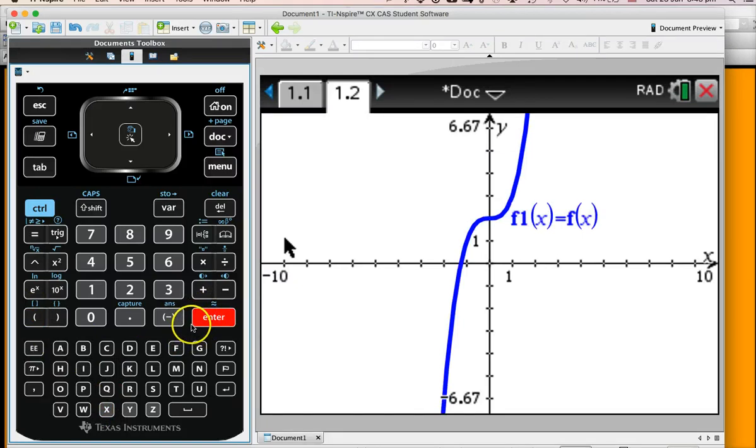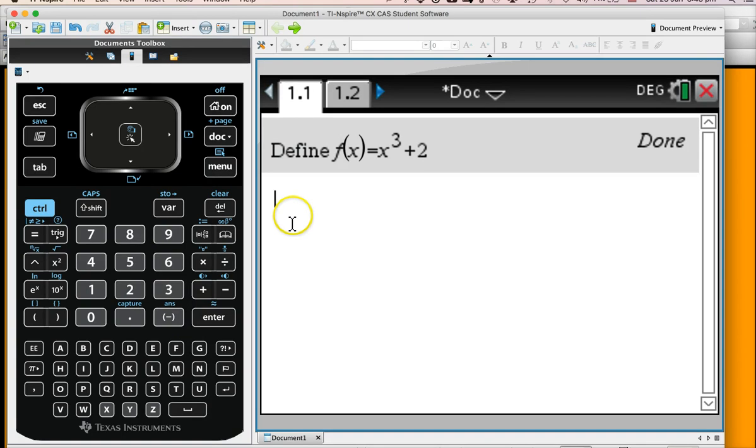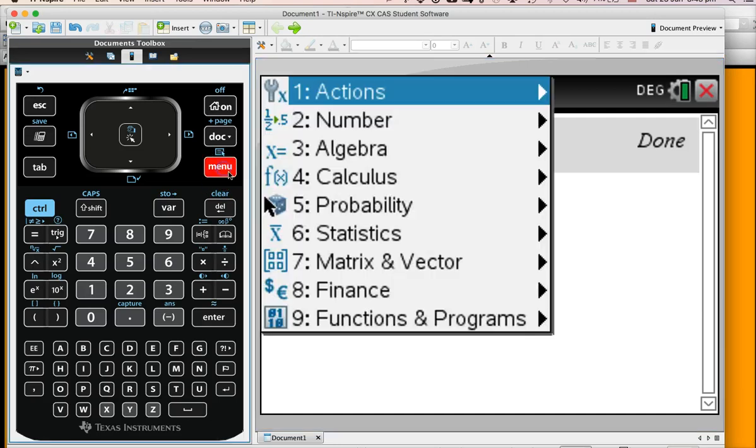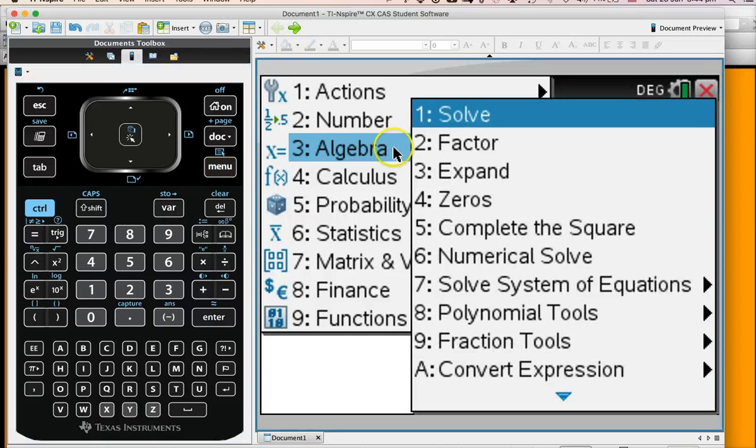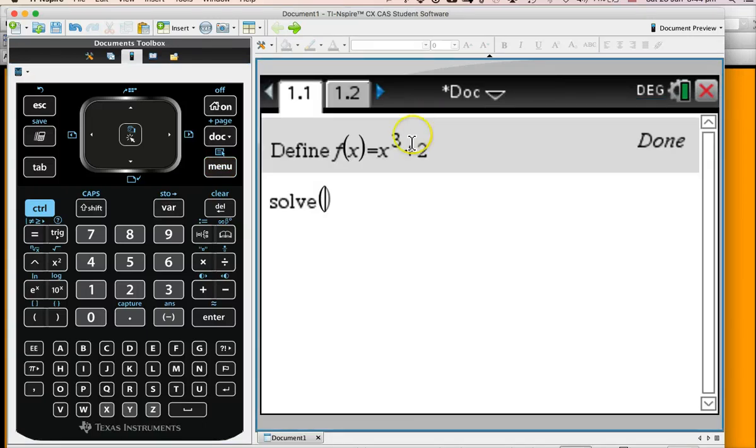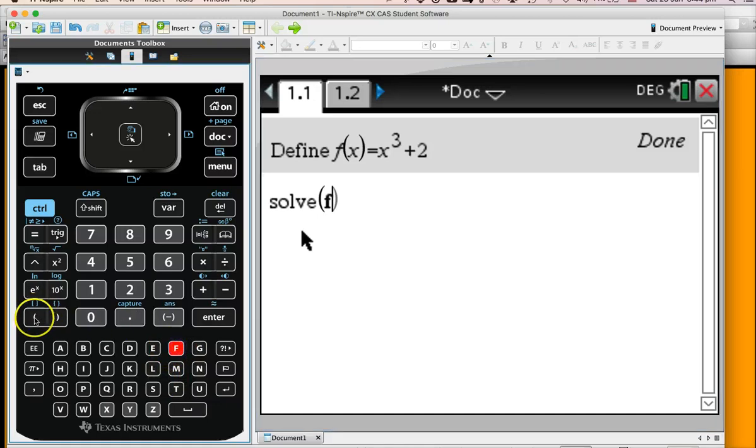Right. Now what I want to do is calculate the inverse of that function. So back here, and what we will do now is swap the x's and the y's. Easiest way to do that is use the solve function. Menu, algebra, solve. And what I'm going to do now is replace every instance of x in this equation with a y. So this becomes f of y,